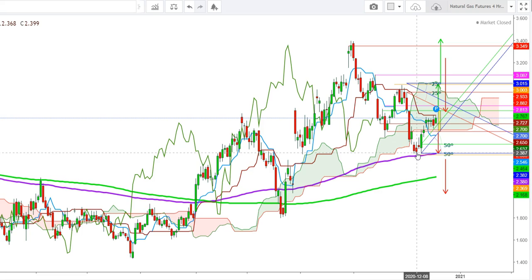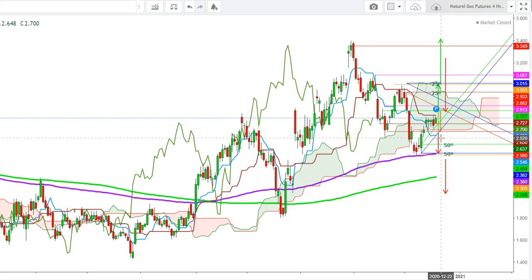The natural gas futures found good support at the 200 days exponential moving average on December 8th, from where we witnessed a sharp upward move. So friends, here I find that if the natural gas futures find a gap down opening on the first trading session of the upcoming week below the levels of $2.634, the natural gas futures could find an immediate support at the lower end of the Ichimoku cloud, which is at the levels of $2.6,